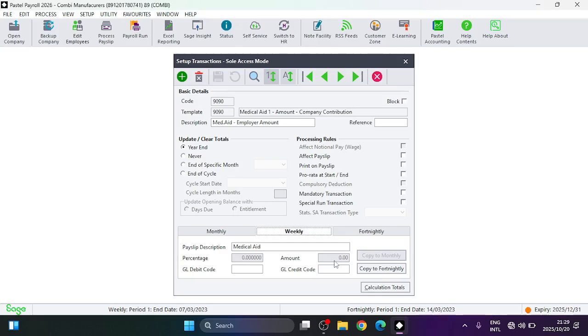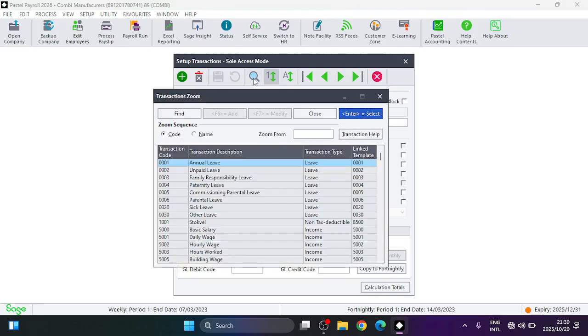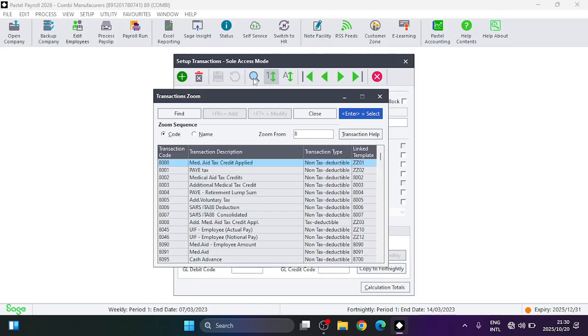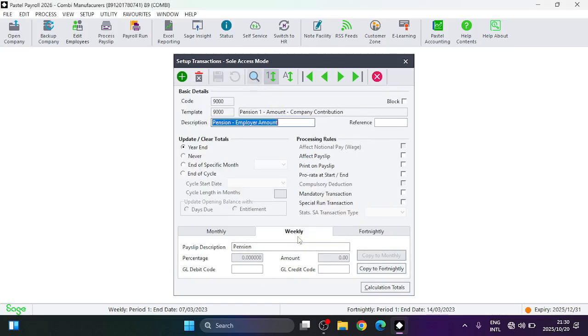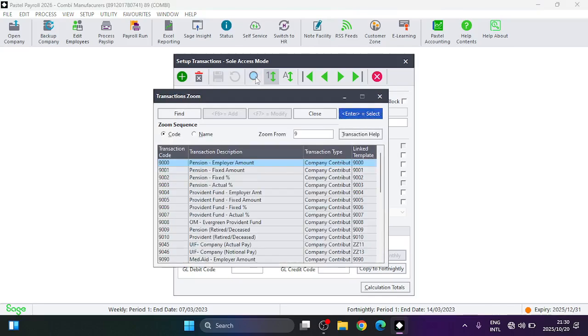So that's my suggestion to you: ignore 9090 and move directly to 9091. From now on use 9091. It balances off the deduction of 8091. The opposite code is 9091. So I'm going to use that code, 9091, and under weekly now,